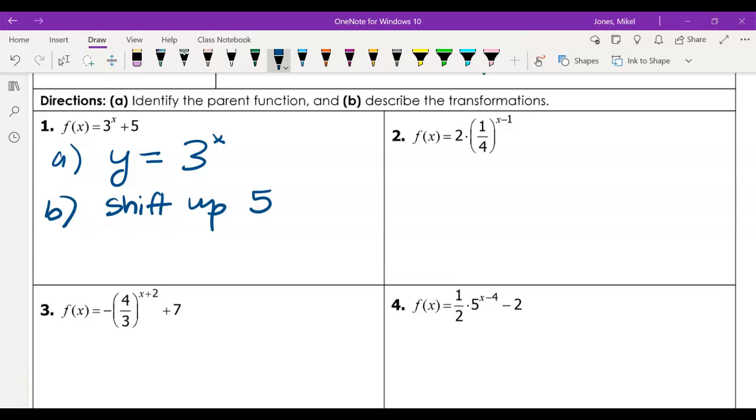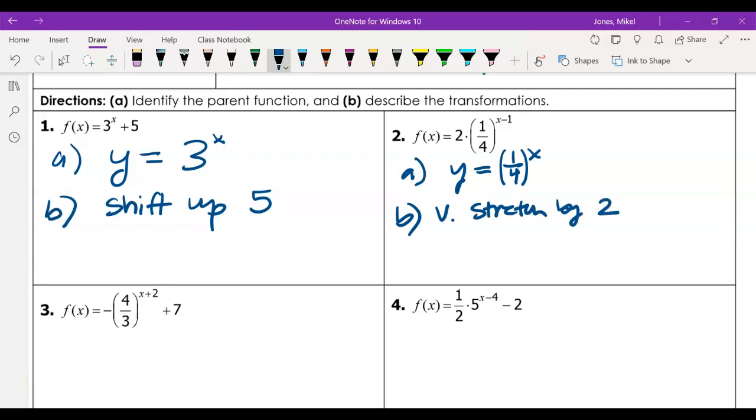Okay, so f of x equals 2 to the 1/4 x minus 1. What's the parent function? Yeah, very good. Y equals 1/4 to the x. And so we have 2 different transformations happening here. We have the 2 and the negative 1. Let's start with the 2. What is the 2 going to do? Vertical stretch